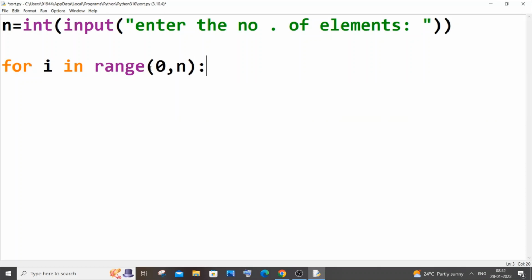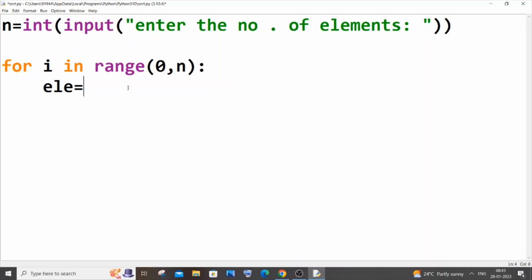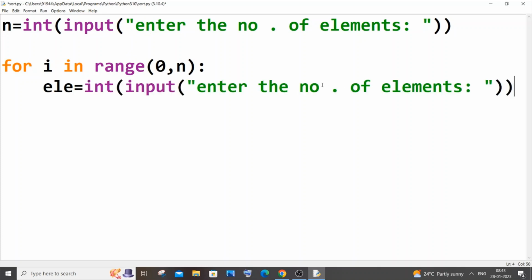Even though the for loop only goes up to n minus 1, here we are starting from 0, so it is enough to give n and not n minus 1. So this is fine. Inside the for loop, as I told you, we will be getting the element as an input from the user for each iteration. So let ele be my element equal to the exact same thing. I will just copy this and paste it, and rather than that I will have "enter